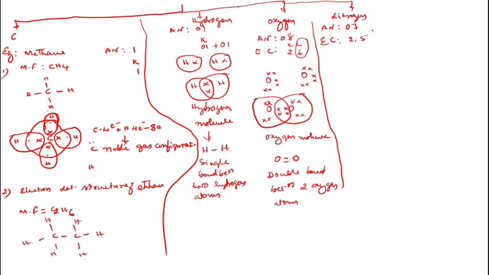So nitrogen has 5 outermost electrons. So that means nitrogen has 3 electrons and here 2 electrons. And the same nitrogen, 3 electrons and 2 electrons. So after sharing, these 2 nitrogens with their electrons,